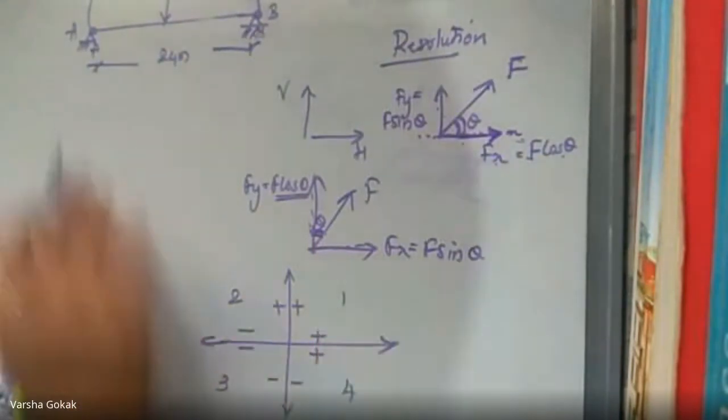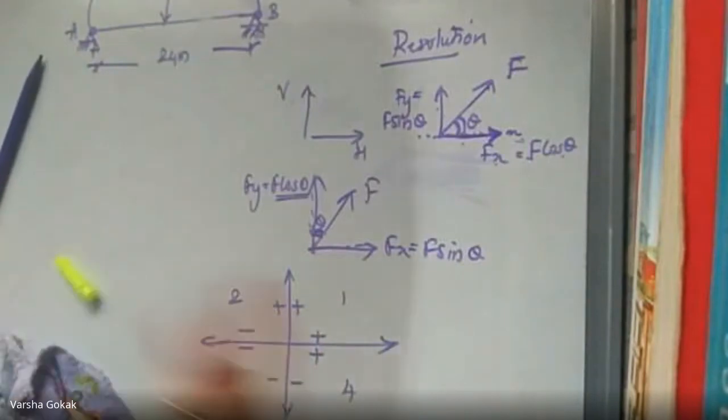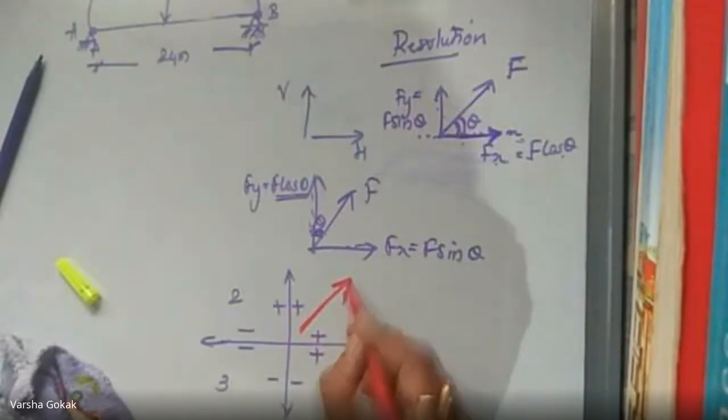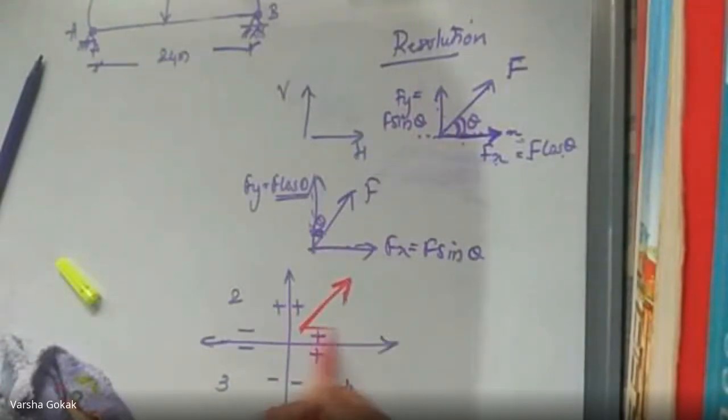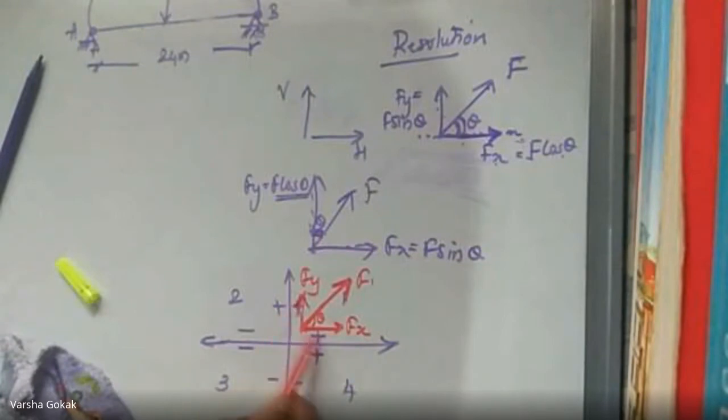So if I have a force which is like this, okay, it is a first quadrant force. If I have a force where this is the head and this is the tail of the force, I will be resolving it at this tail into two mutually perpendicular forces. So now this becomes a first quadrant force and theta would be here. So Fx is positive, Fy also is positive, because both of these are positive in nature, right?